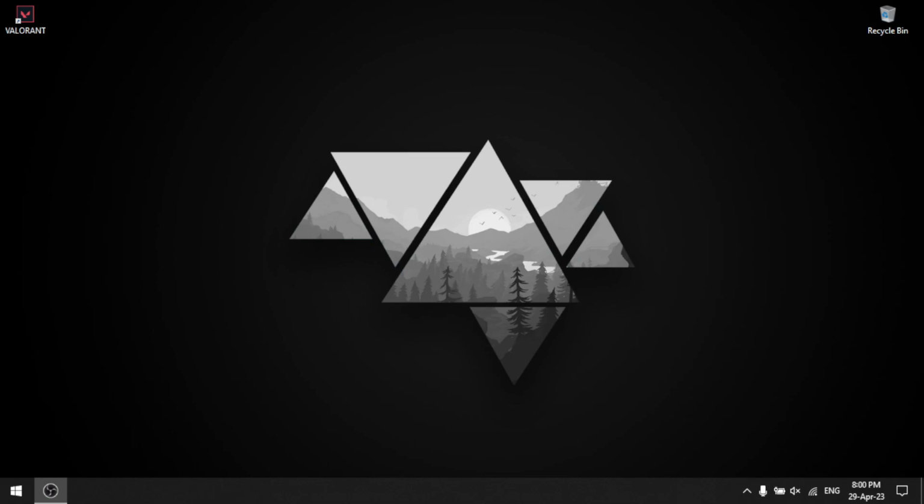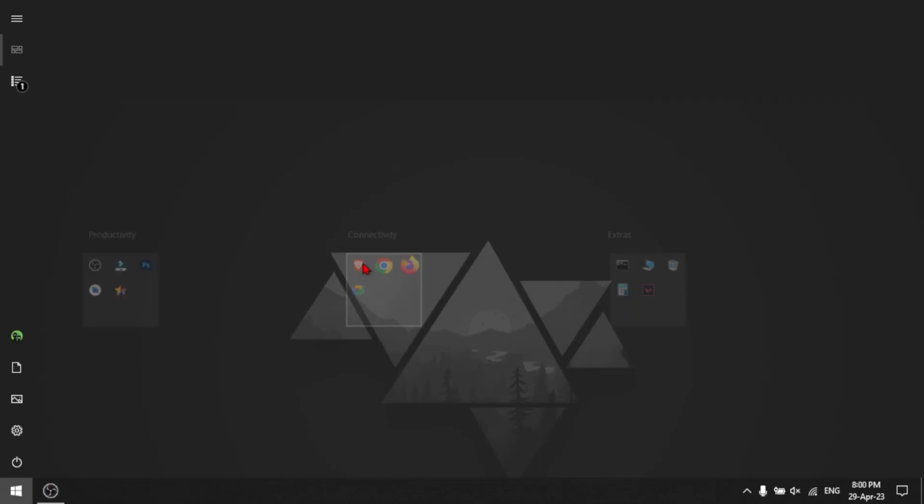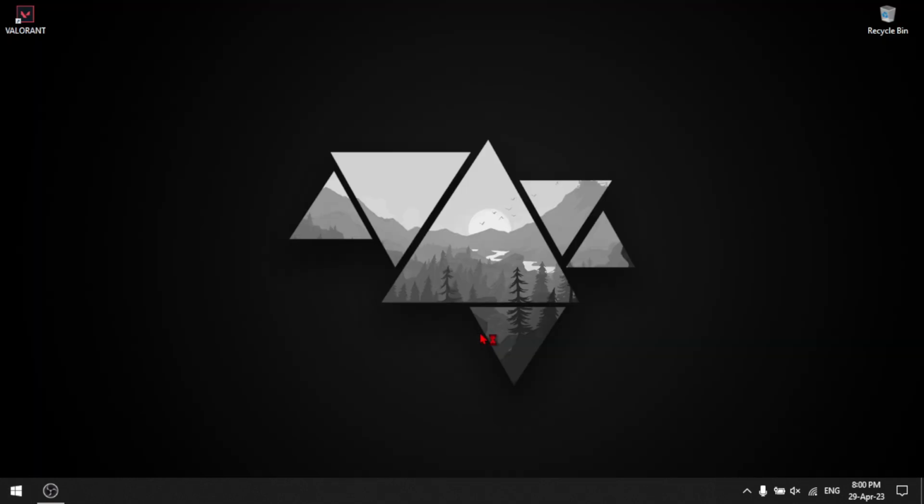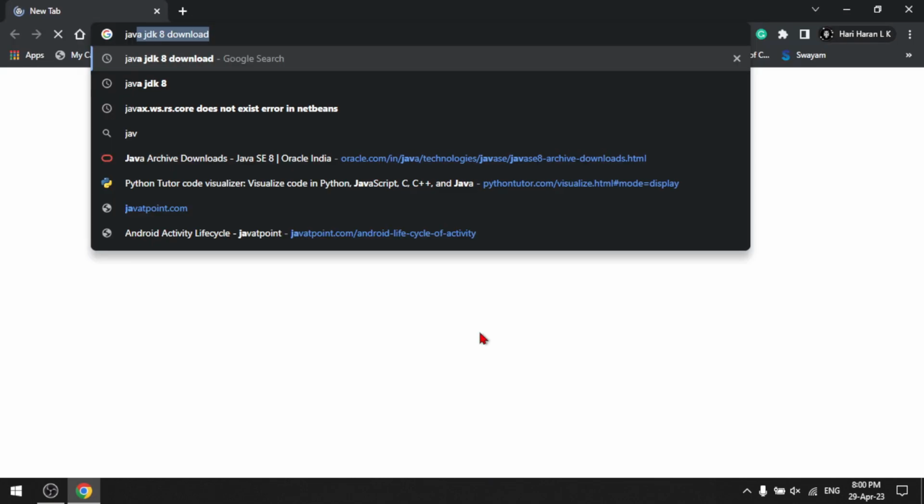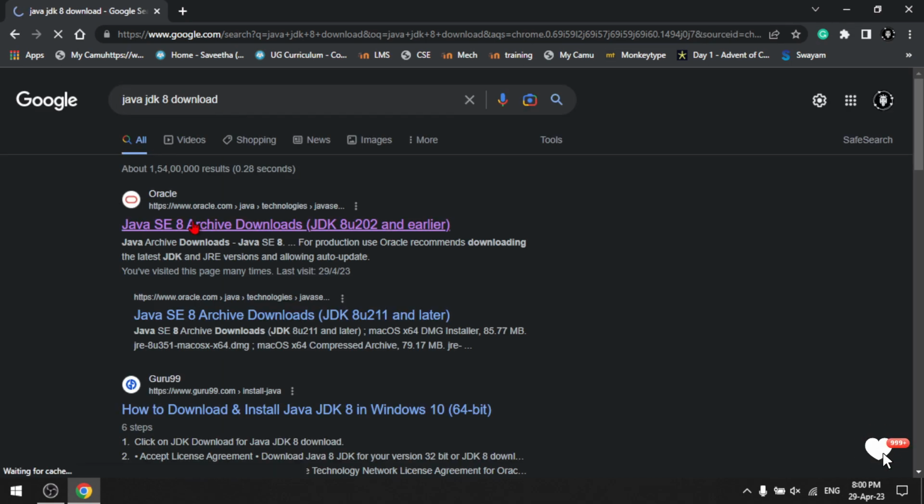In order to install NetBeans 12.2, we need Java JDK 8. Let's see how to install it. Open any browser and search for Java JDK 8 download. Click on the link which is provided by Oracle